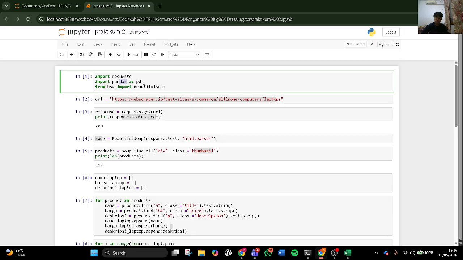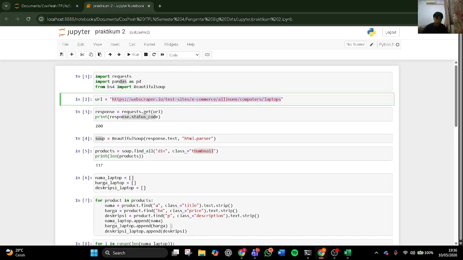element. And in the second cell I define the target URL. The target URL is from my instruction. The PC36 is the laptop section of the webscraper.io e-commerce test site.